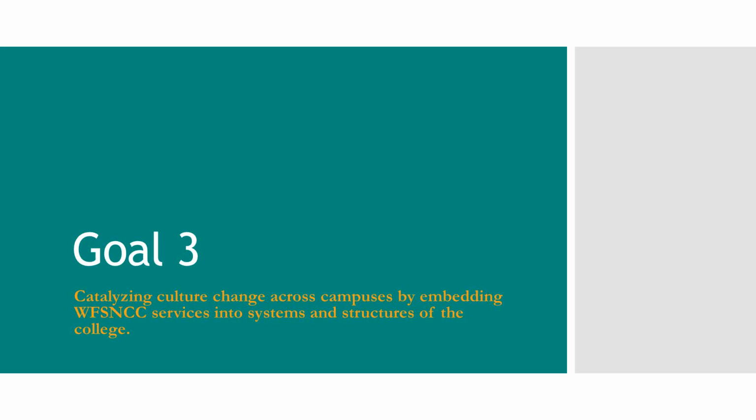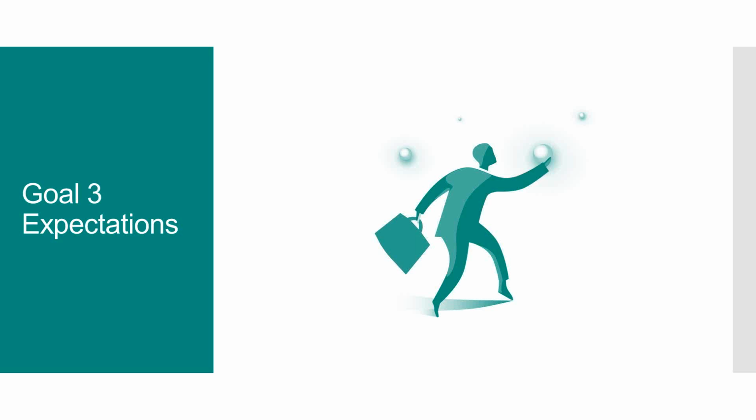So moving on to Goal 3, catalyzing culture change across campuses by embedding WFSN-CC services into systems and structures of the college. So the Goal 3 expectations are outlined a little bit differently than the other two sections we just went over. They're outlined on pages 35 and 36, and that particularly covers the leadership engagement and culture change and operational change piece. And then pages 40 and 41 outline the focus and commitment to equity and particular attention to racial equity. So I'll go into more detail of that, but I'm going to start with talking a little bit about